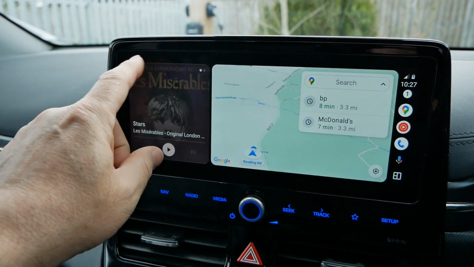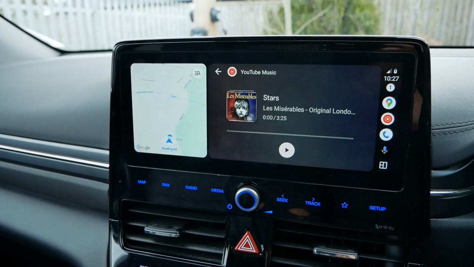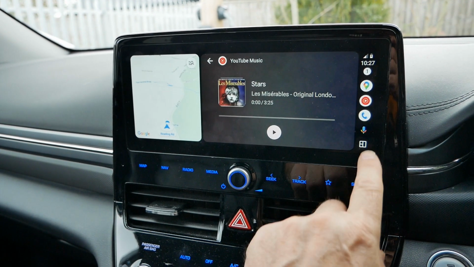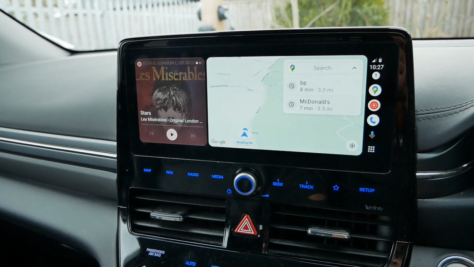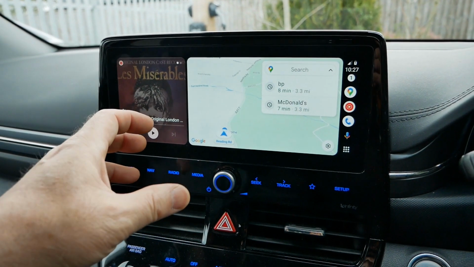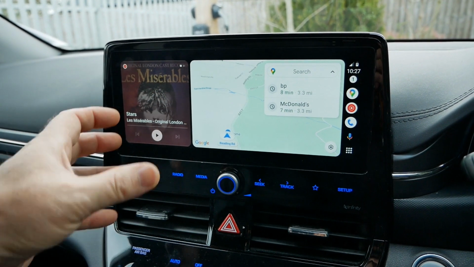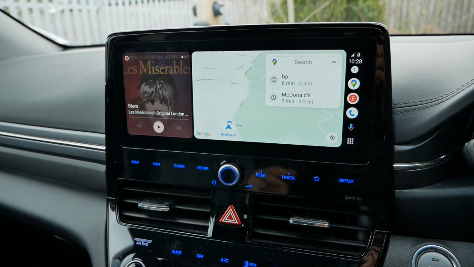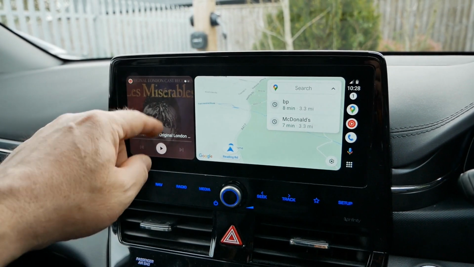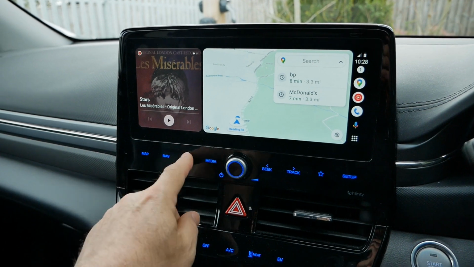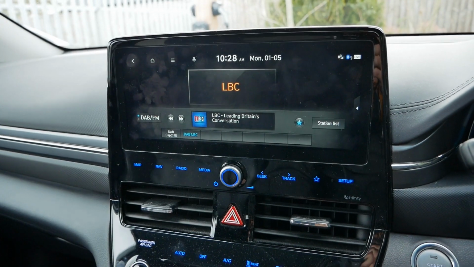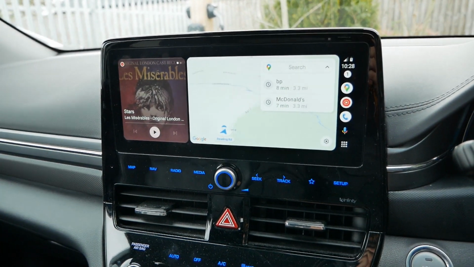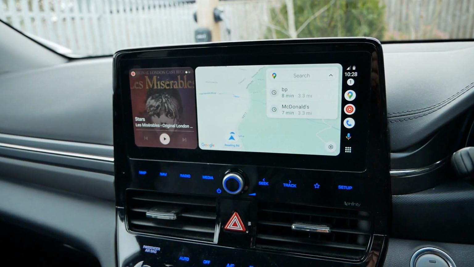So if anyone knows how to get the radio in the media player here, write in the comments and let me know. But I've had a quick flick through all of this and I can't work out how to do it. And I think because the radio is part of the car, there isn't that sort of interaction back to the software in the car. This is all just Android Auto, and of course Android Auto doesn't have a radio in it. So I don't think there is a way of actually getting it on the screen. But at any point you can push radio, you can change your settings here, and it will play in the background, even though you've got Google Maps and Android Auto running in the foreground.